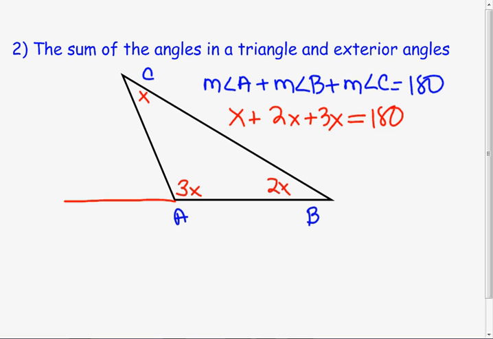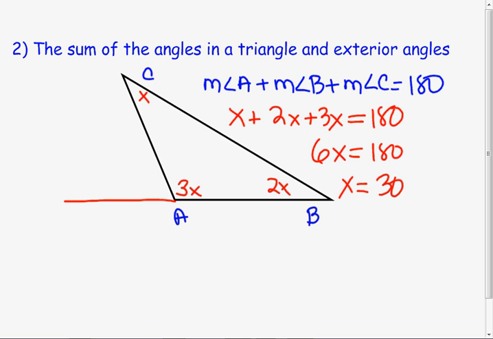So I get x plus 2x plus 3x is 180, or 6x equals 180. What's x? You know how to do that. 30. Don't scare me. I know you know how to do that. Okay. But why, back in first semester, I wanted you to write the equations because I know that on this